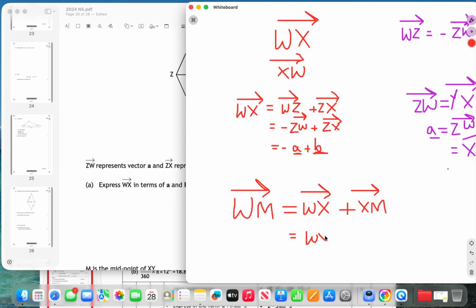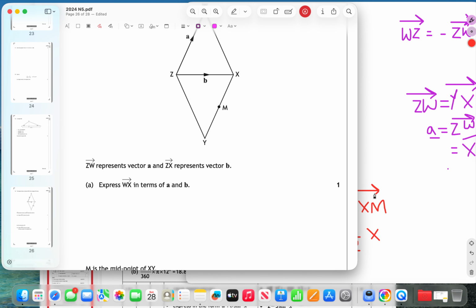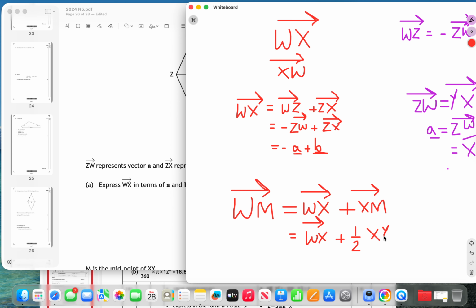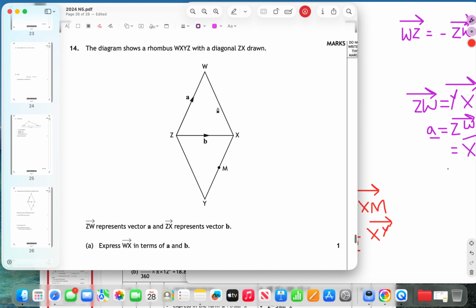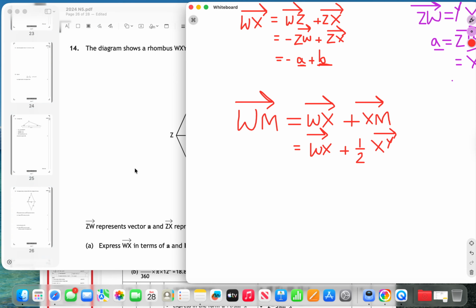So the direction of XY is the same as XM, but XM has only half the magnitude. So we can say that WX plus 1/2 of XY